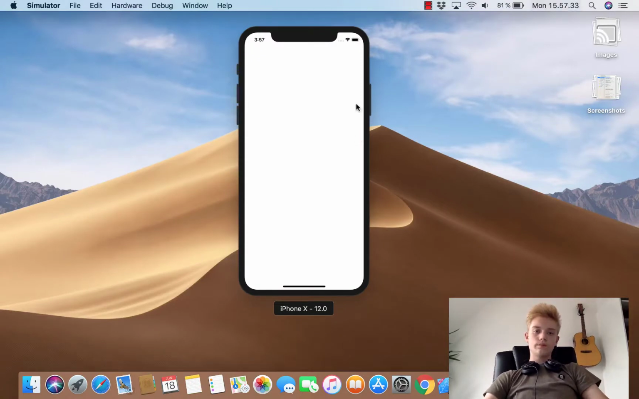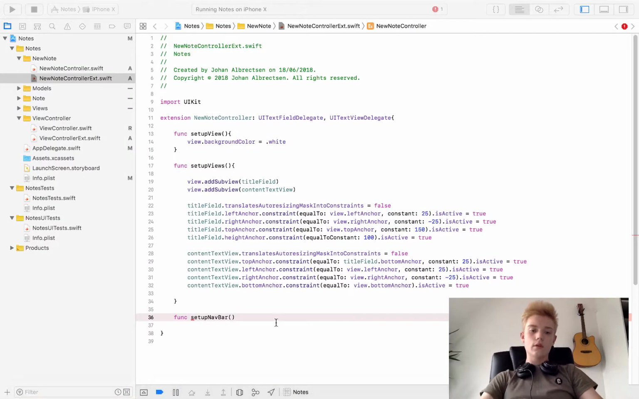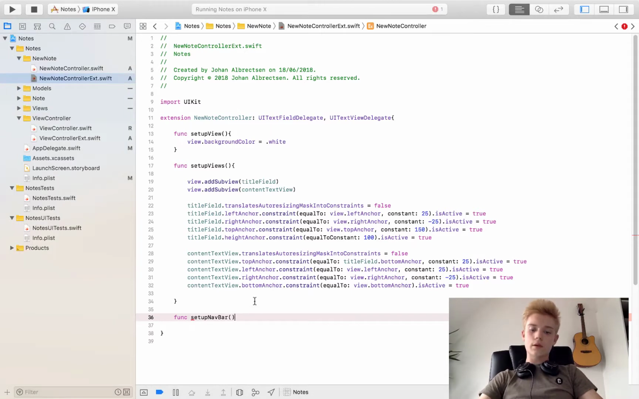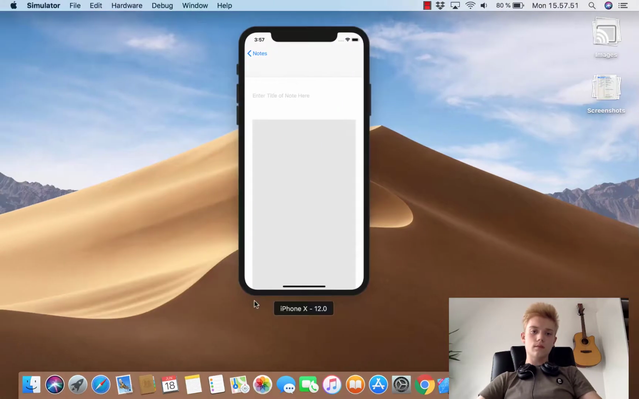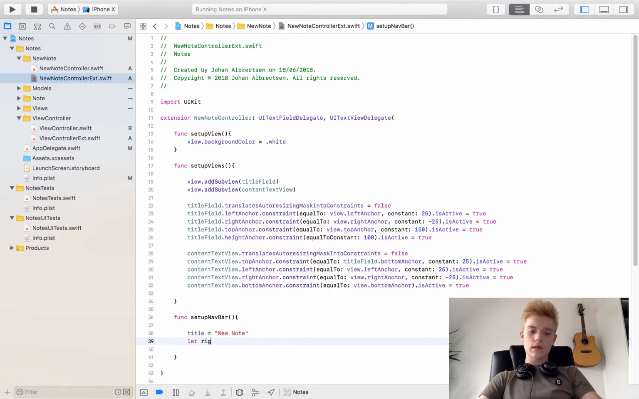Okay, cool. Let's see. Oh, we got the add button. Click it, and you see we've got the new node controller. So we need to set up the navbar in the new node controller, and we'll do something like title will be equal to new node, and do something like let right bar button. Oh wait, we can just call it